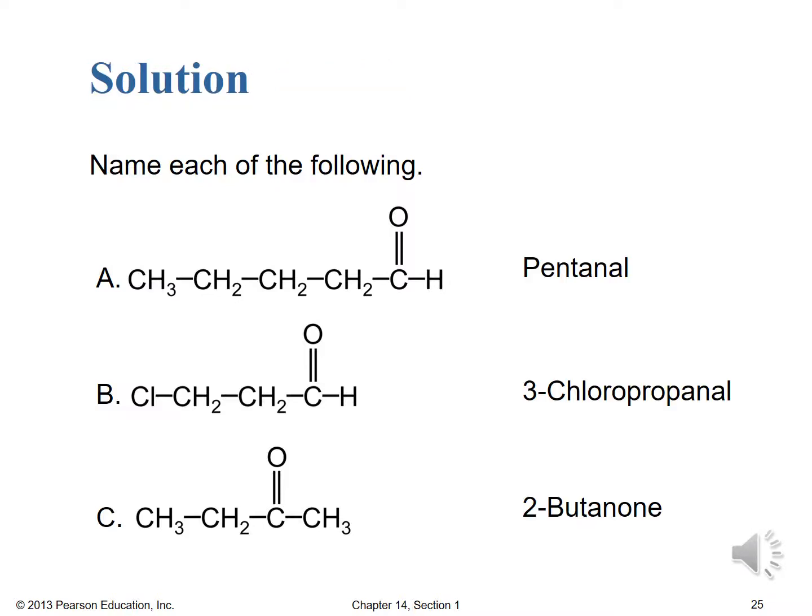Okay, so the first one looks kind of big, but the name isn't too bad. It's just a straight chain pentane that has that first carbon as a carbonyl group, and therefore it's a pentanal. For B, we have, if you were careful, a chloro group at the beginning, not a carbon,